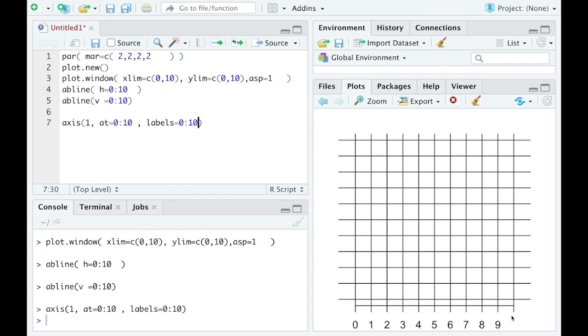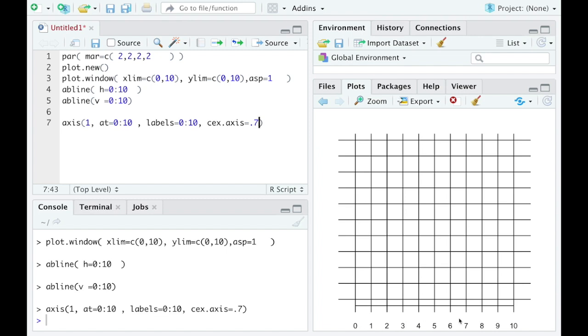Now what you will notice is 10's not showing up, because what R doesn't like to do is think things are going to overlap each other. So if it thinks something's going to overlap, it'll tend to leave it out. So what I can do, if I want to get around that, sometimes if I just change the size of the label, I can get everything to show up in there. So I'm going to use this extra option called cex.axis, and I'm going to set that equal to, say, 0.7. If I run that, it made them a little bit smaller,